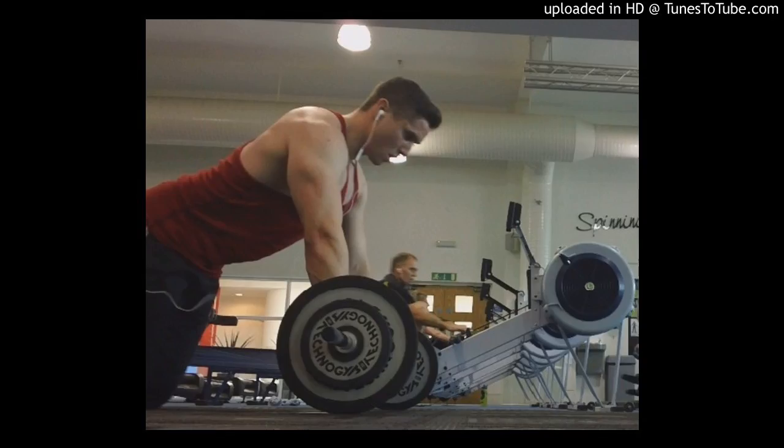Now in today's episode we're specifically discussing the low bar squat, and you may or may not have heard of this squat before. You may be thinking, what's the difference between the low bar squat and the traditional high bar squat? Now the main key difference is just the bar position. Instead of the bar being rested on the mid trap for the high bar squat, the low bar squat is basically resting on top of the rear delt, and this is probably only 1 or 2 inches difference